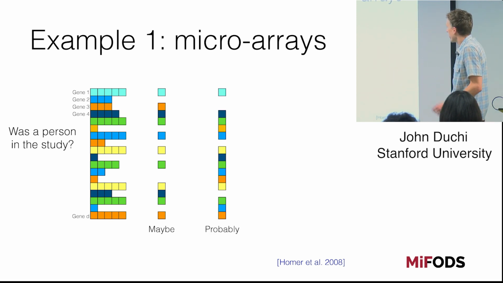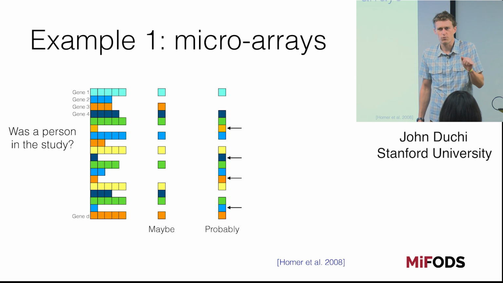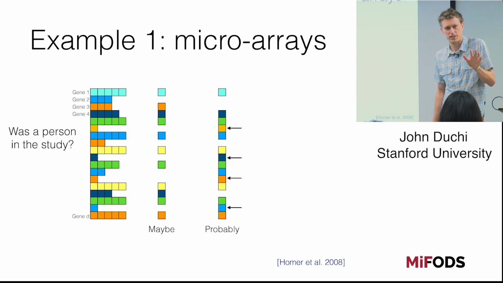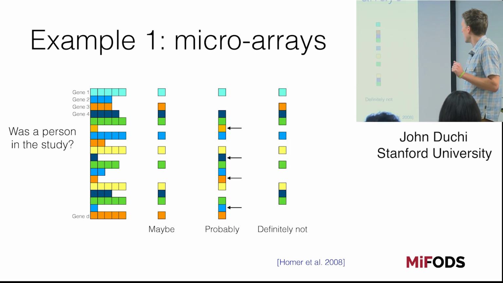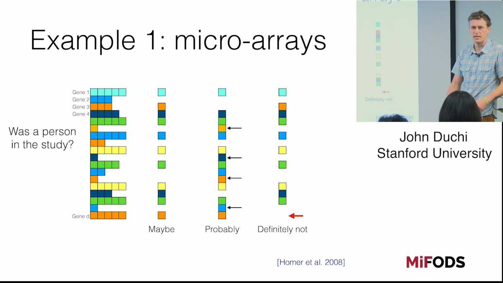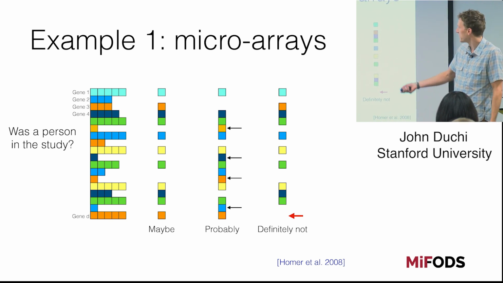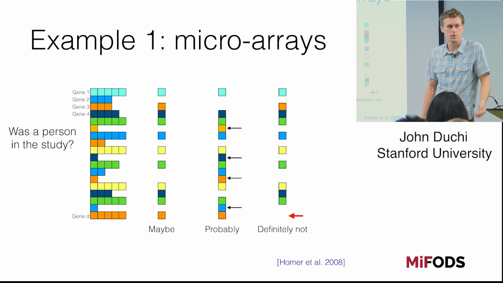Don't know. Okay, here's a person who has genes appearing in these places, say some rare genes that appear only once in my entire study, and this person has all of them, and you say, oh, these are rare genes, this person's got all of them. That's suggestive he or she was in the study. And then here's a person who's missing an expression on, say, this orange one, which I know was on everybody in the data set, and now I know definitely this person wasn't in my data. So I've pierced through the idea that taking just aggregate statistics gives me some protection.